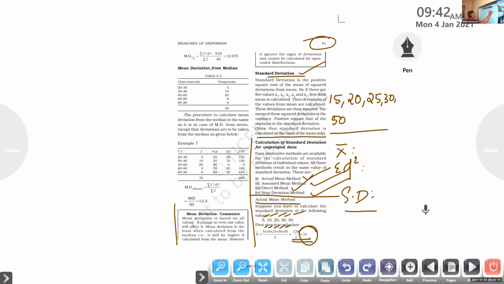Anat, there's a small error in the calculation. Just check one more time. Okay, go for the second question, those who complete the first one. Those whose first question is still incomplete, just complete that and send me the answer and go for the next one. Question is 50, 150, 200, 250, 300 and 350.